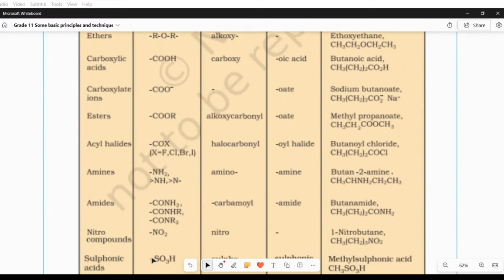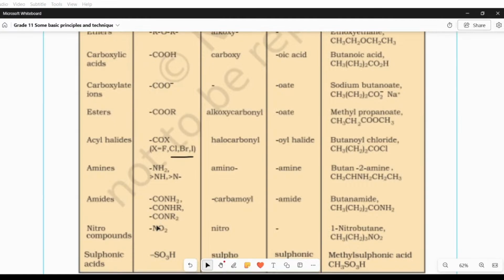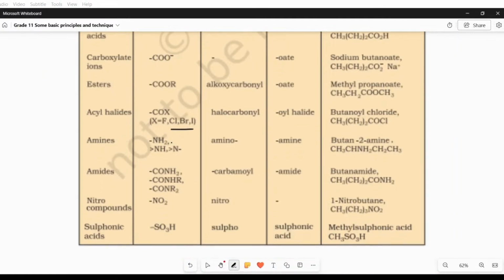Acyl halides, COX. Once again, X is fluorine, chlorine, bromine or iodine. In case of amines, NH2 is the functional group. Amides, CONH2 is the functional group. Nitro compounds, NO2 is the functional group. Sulfonic acids, SO3H is the functional group. So with this, we have completed the